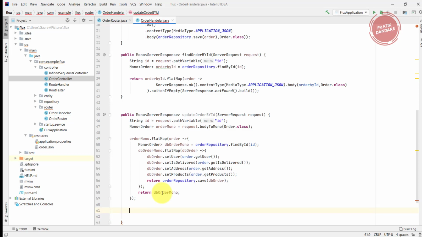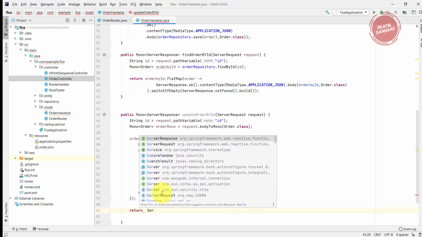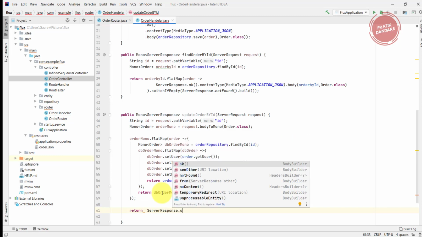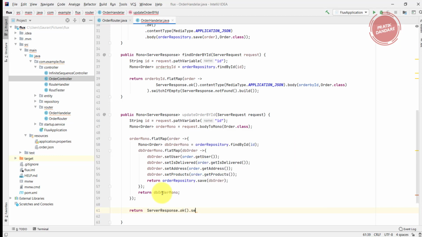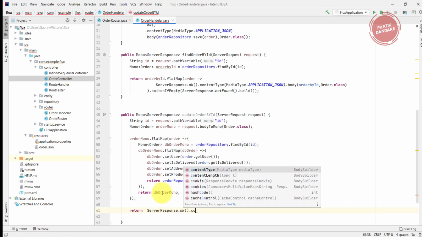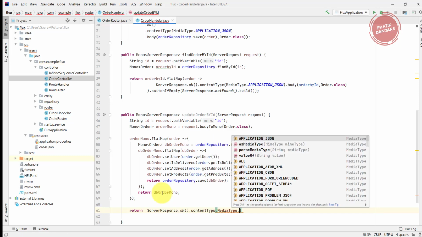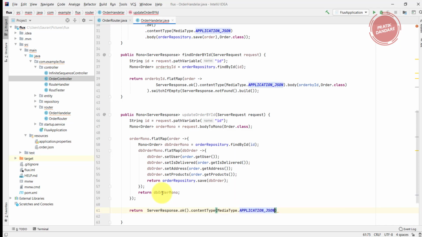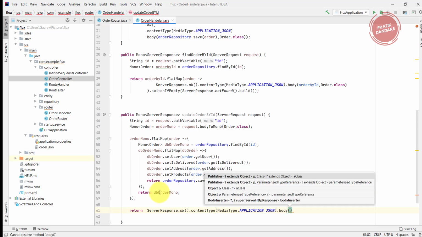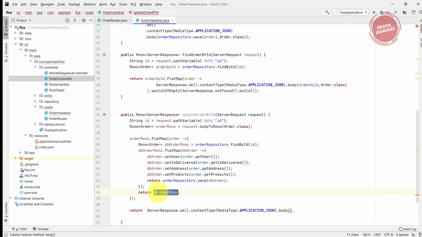So we have return again ServerResponse.ok.contentType, and it's MediaType.APPLICATION_JSON. After that I need to set the body, which should be the saved order, or this is the dbOrder. No, it's orderMono.